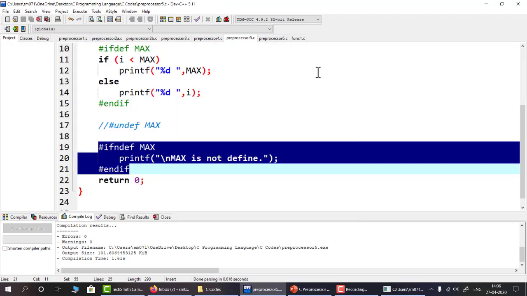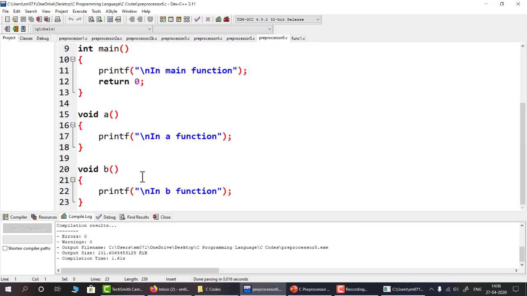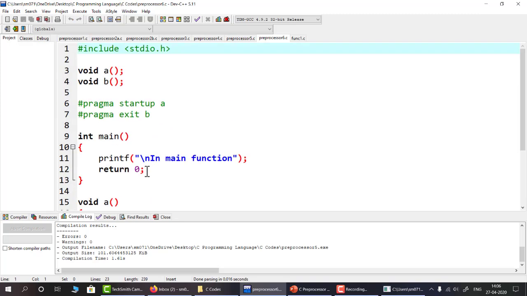Now for Pragma, this code, if it can be run, will produce the expected output in the Turbo C compiler only. Here with Pragma, I am using a parameter that is startup followed by A. Then pragma exit B. What are A and B? A and B, you can see, are two functions.